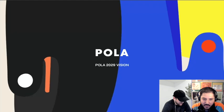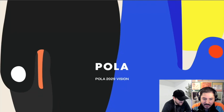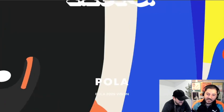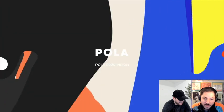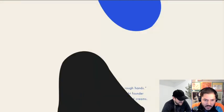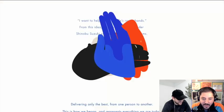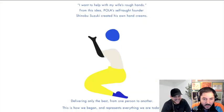Whoa. Okay, are you scrolling? No, I'm scrolling right now. This is wild. Ah, okay, another scroll hijacking. So as Ryan is scrolling, the blobs are transitioning and moving, and they've animated. Oh, okay, now that's amazing. So the blobs have morphed into characters. This is so trippy. They look like they're holding...